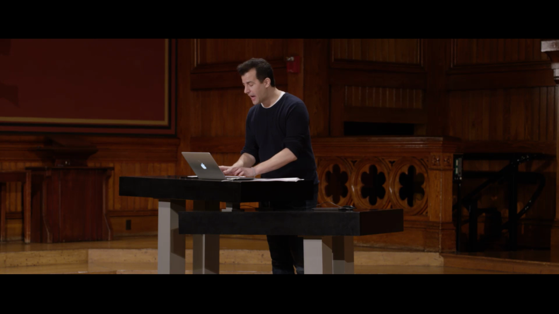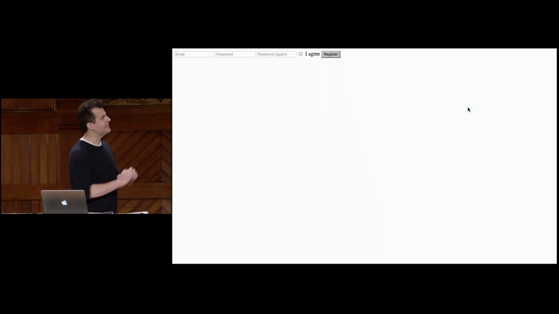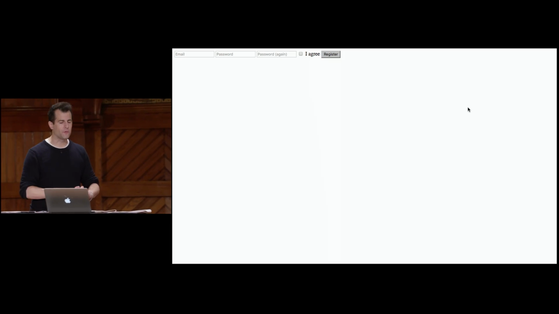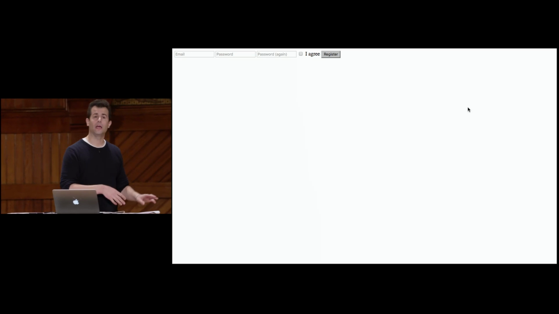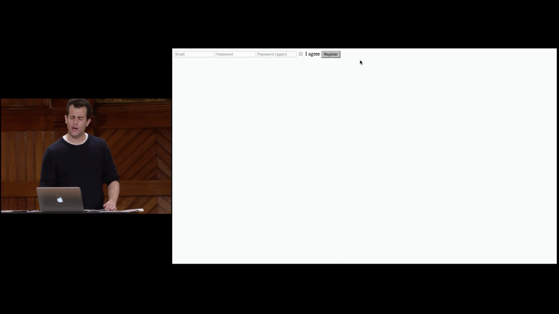But it's not going to be sufficient to rely only on client-side validation and client-side defenses, because it's still the case that an adversary could even do something like this. Consider this form from before, which asked for my email, a password again, and a checkbox. And again, if I did not cooperate,